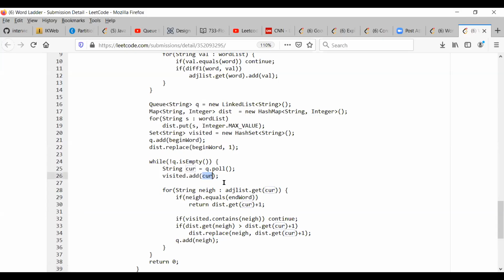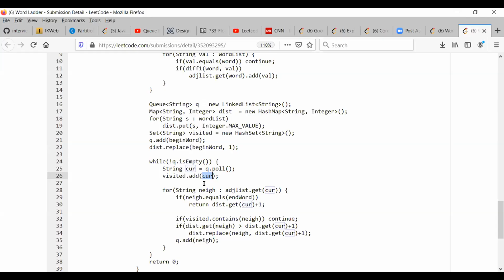What I'm saying is, if you build the adjacency list based on what you have, you start from your first node and take whatever one distance word you have in your dictionary. Just build only based on that. So that will be more optimized. But then we have to get the next level at 27, right? For current, whatever we have right now, because we are going level by level. So at every step we have to build the next diff one.